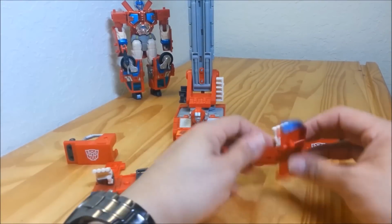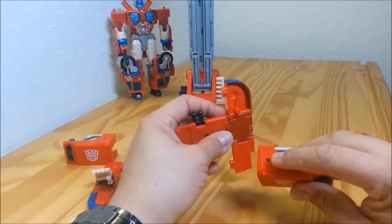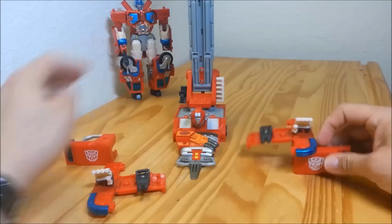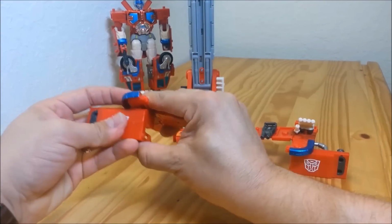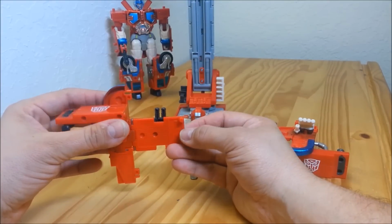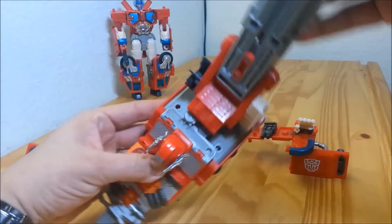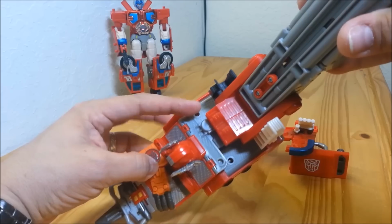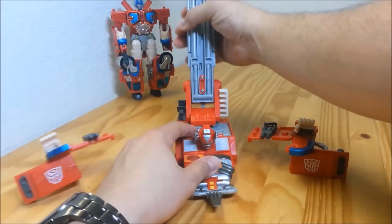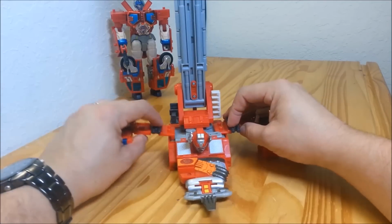Now, next thing we're going to do is you see that right here on the bottom there's a peg, and right here on the top of this piece there is a port. Plug those together. Same thing on the other one. And then if you look on the bottom of this piece here right next to the cannon, you'll see another peg right there. And if you look here on the base, you'll see that there's ports on each side. So we're going to plug those right there and right there. So, plug this guy here, plug this guy here,